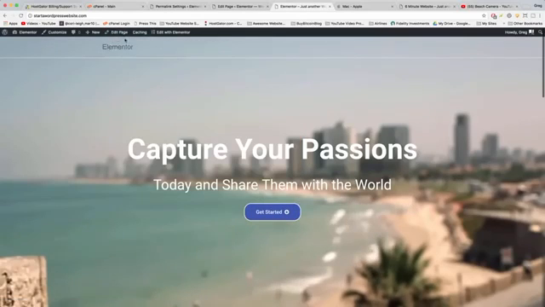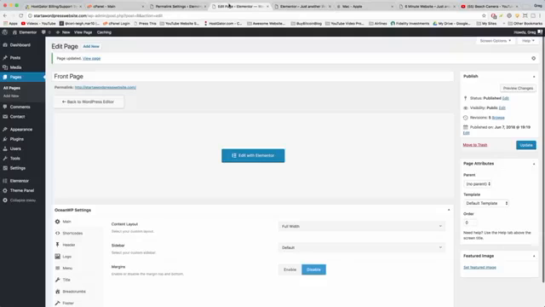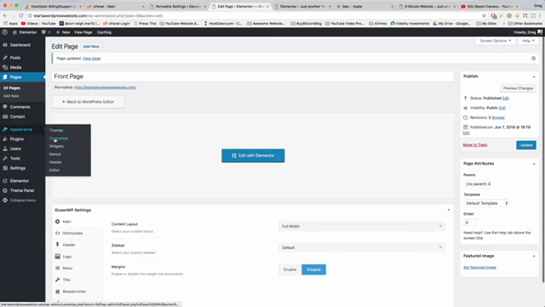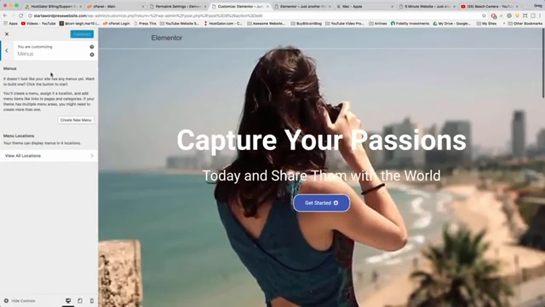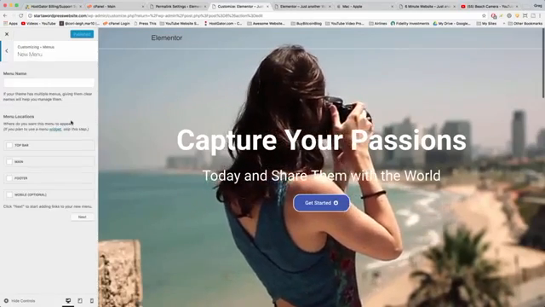So next, to create that header of ours, we can just go back to our page editor, and we're actually gonna hop over to Appearance, Customize. If you hover on Appearance, you'll get this little drop down and click Customize. This is where a lot of the old WordPress edits used to take place. Still do. And now we're just going to click on Menus, and we're going to click Create a New Menu